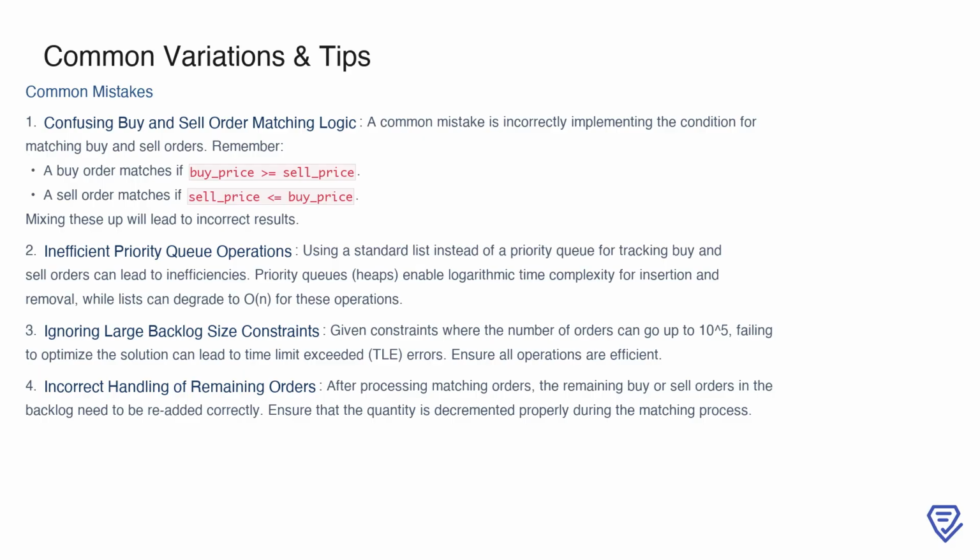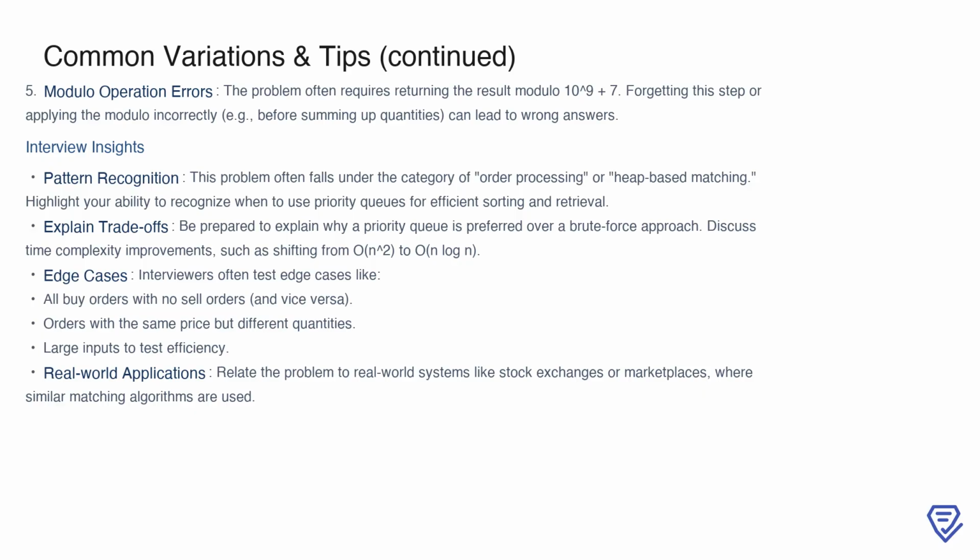Finally, it's crucial to correctly handle the leftover orders in the backlog after processing matches. Ensure the quantities are updated accurately so that no orders are mishandled or skipped during the process. Another area to be cautious about is the modulo operation, as the problem often specifies returning the result modulo 10 to the power of 9 plus 7. Forgetting to apply the modulo, or applying it incorrectly, such as before summing up quantities instead of after, can lead